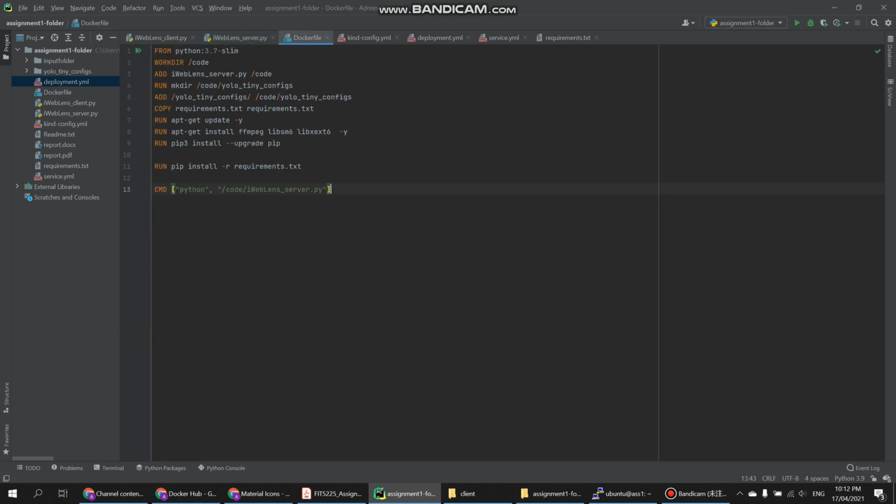And this is my Docker file. First, we use the Python 3.7 slim image, and I make the work directory into code. So I add this server file into code. Because we need the Yolo tiny configs, I also make a directory for it and add the 3 configuration files to the code directory. And we copy the requirements and run some